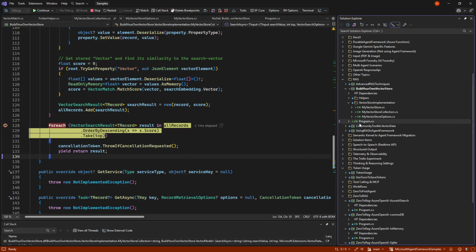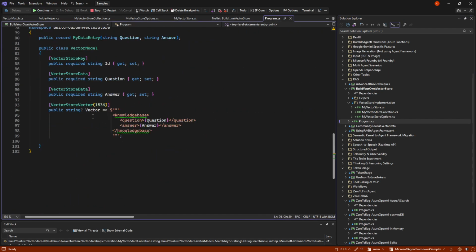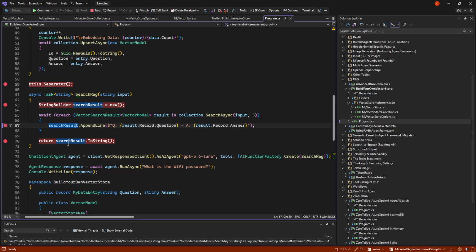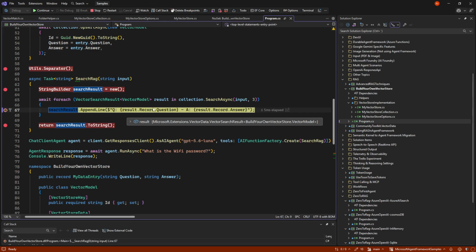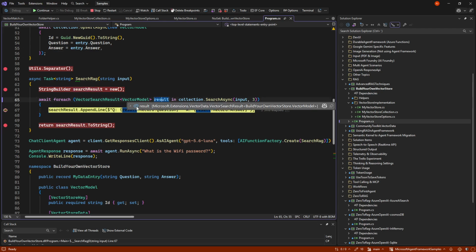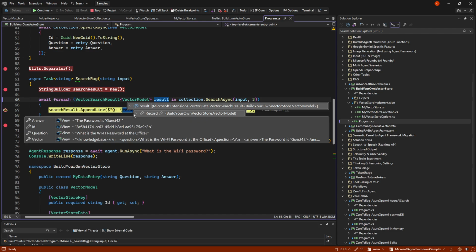So essentially what's happening is it will run that, and let me set the breakpoint in here so we can see that the first results come back, the one with the highest score, and luckily for us, that highest score is what is the Wi-Fi password at the office.